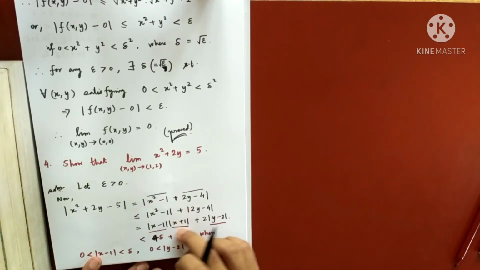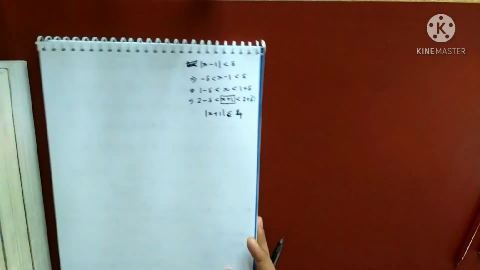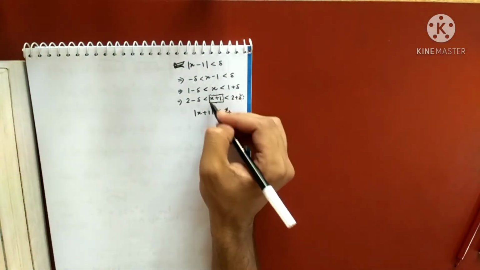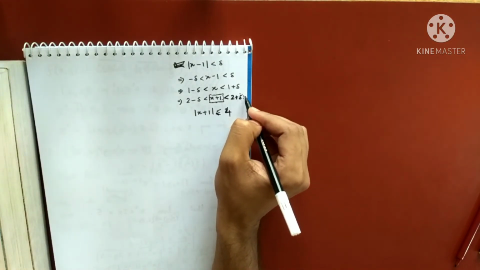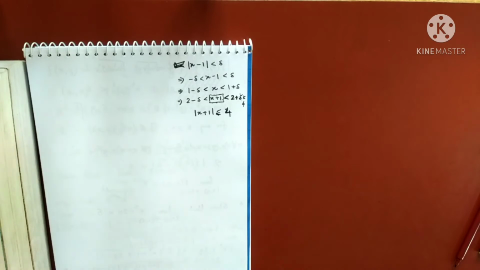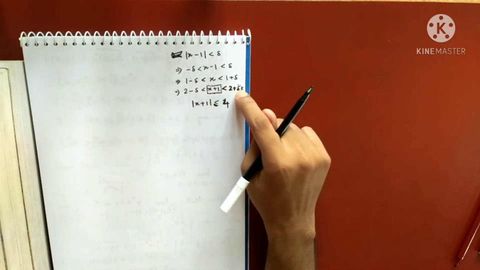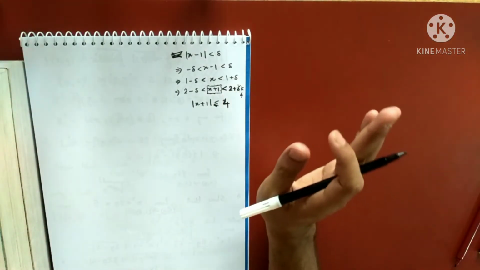Okay. So this quantity is definitely going to be less than 4, just because you may see here that x plus 1 is less than 2 plus delta, and 2 plus delta is definitely going to be less than 4, even if delta is 1, because I am assuming that the highest value of delta is 1. So x plus 1 is less than 3. To be on the safe side, I am considering that as 4. So am I clear now or not clear?